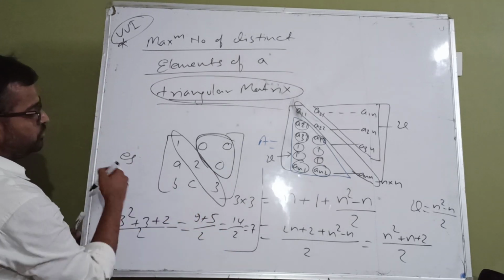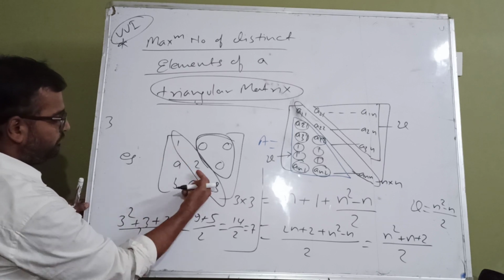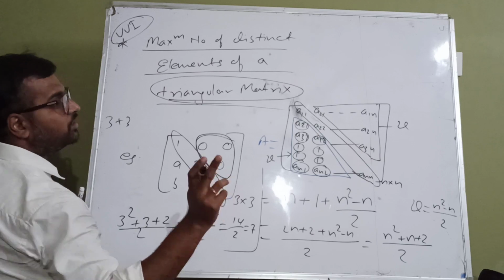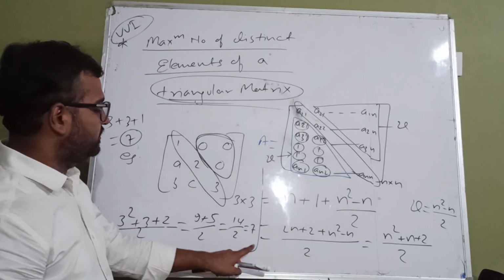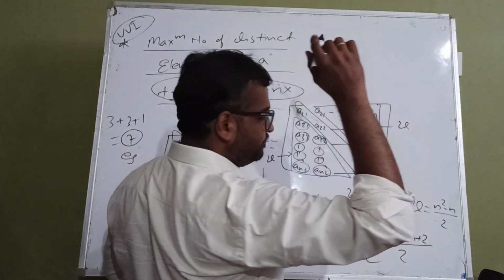And we have checked also with the 3 distinct elements, 3, 1, 2, 3 elements below the diagonal, and all the above the diagonal 3 positions are there, but the element is the same. So that is 1. And how many total distinct? 7 and 7 both are the same here. So this is also a very important formula.